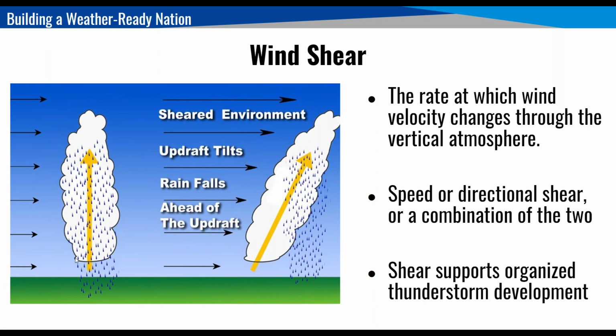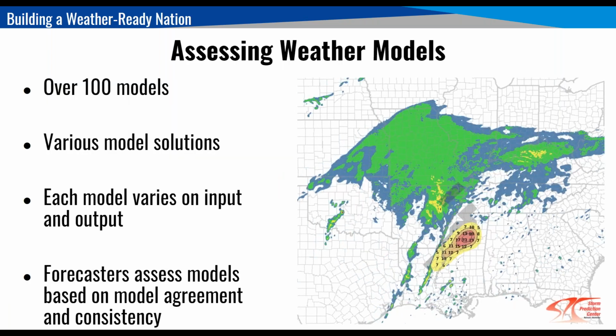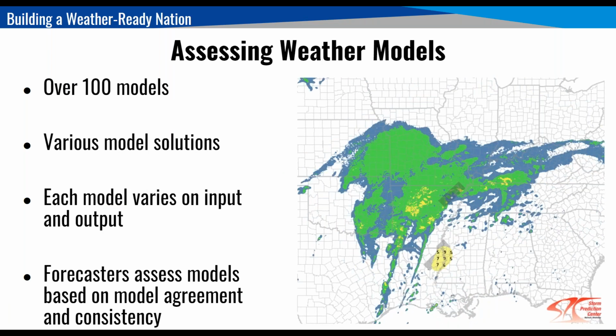Now, if you have a sheared environment, those updrafts are tilted through the vertical, where the rain will fall ahead of the actual updraft. This allows the storm to sustain itself throughout time. So now that we have assessed those 4 ingredients, the next part that goes into our forecasting of severe weather